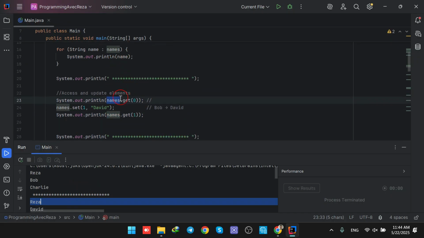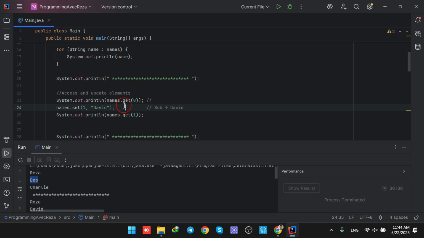Then I have the updating of elements. I would like to update the second element, which has the index 1, and I would like it to be David. Previously it was Bob. Now I would like it to be David. So I use the set function for the names array list, and before the comma I write down the index of the element that I would like to be changed. Then after the comma I write down the name that I would like to be